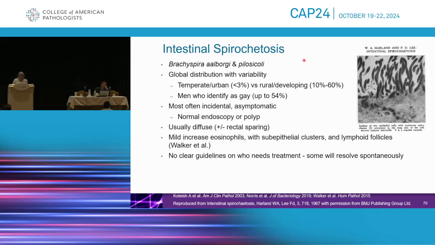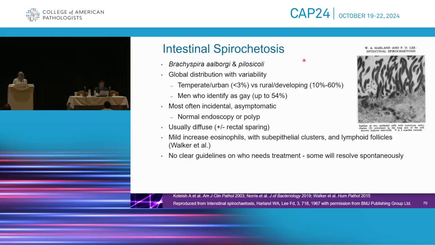This has a global distribution with some variability, and in particular, it's more common in rural and developing areas and is also reported more frequently in men who identify as gay. Most often, this is going to be incidental and asymptomatic. It may be seen in a polyp, and some authors have reported rectal sparing, which may or may not be